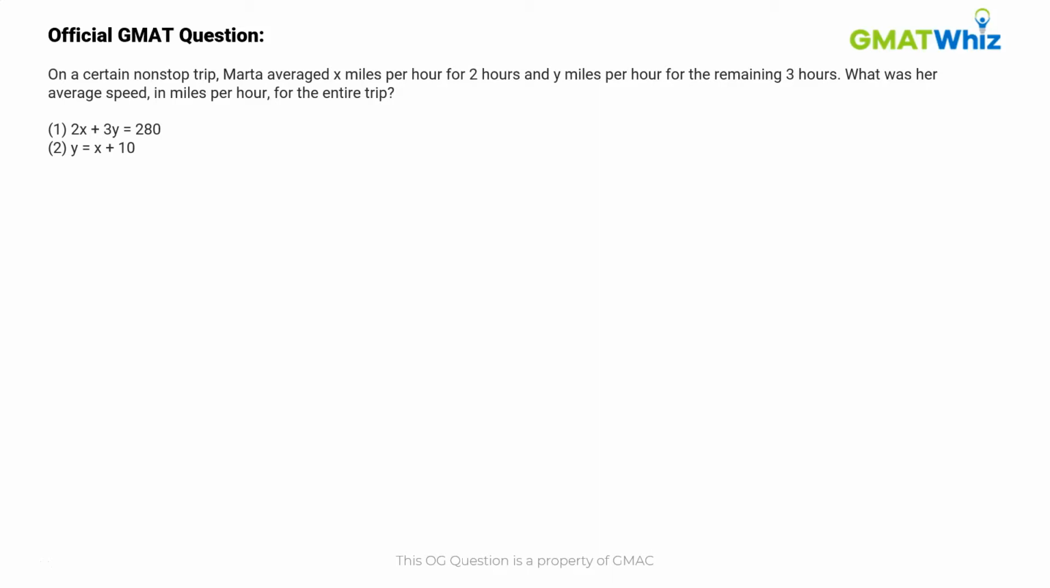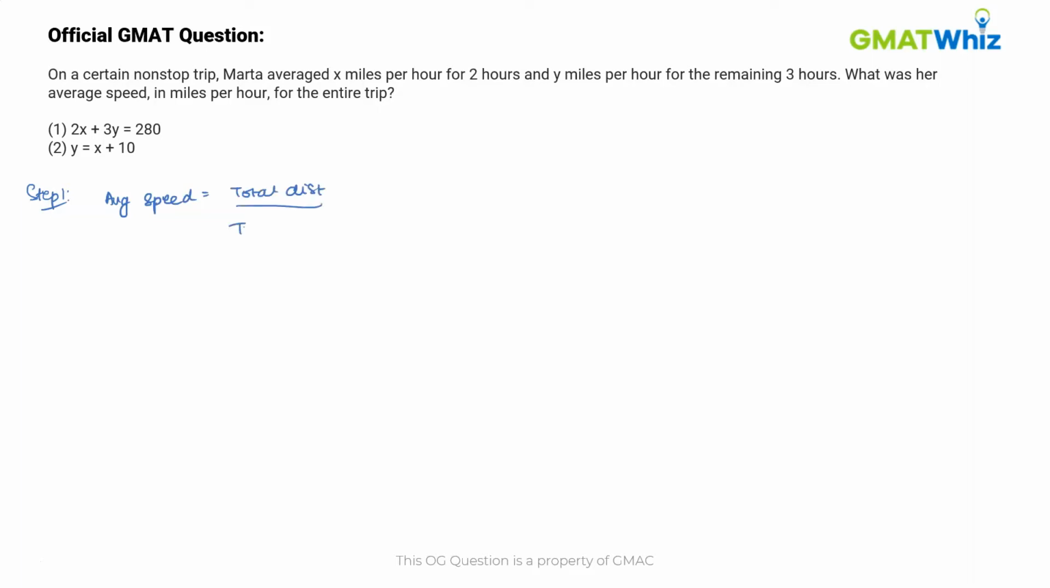In this question, we are given that on a certain non-stop trip, Marta averaged x miles per hour for 2 hours and y miles per hour for the remaining 3 hours. We have to find out her average speed in miles per hour for the entire trip. Now we know that the average speed is equal to the total distance